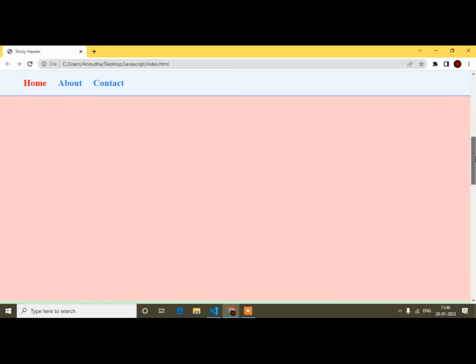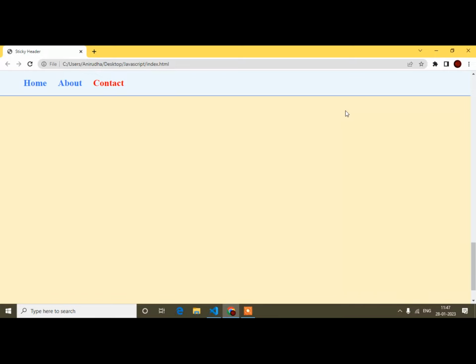Again if I scroll, when the about section appears, the active red color is removed from home and appears on the about menu, denoting that now the about section has appeared. Same for the contact. You can see here when contact appears, the active state comes to the contact menu. In this video I will show you how you can do that.